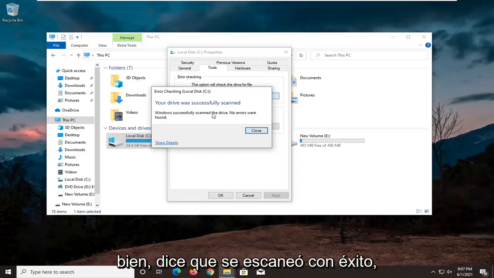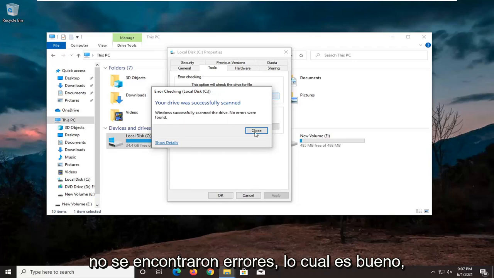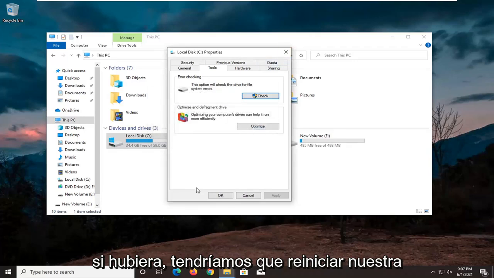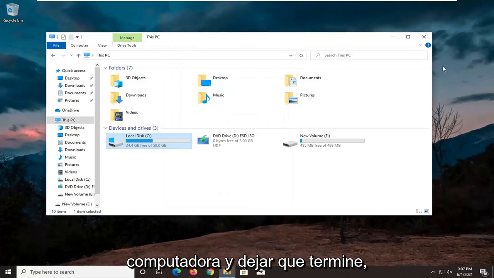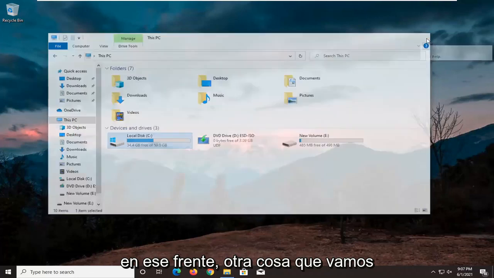Okay, it says it was successfully scanned, no errors were found, which is good. We're going to go ahead and click on close. If there were, we would have to restart our computer and let it finish up, but otherwise it sounds like we're good on that front.